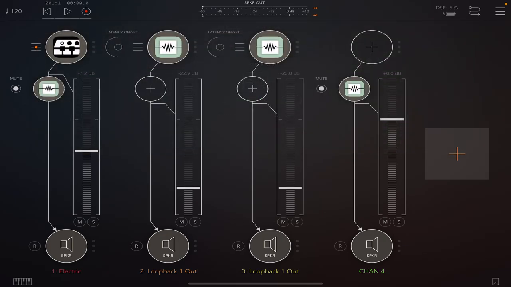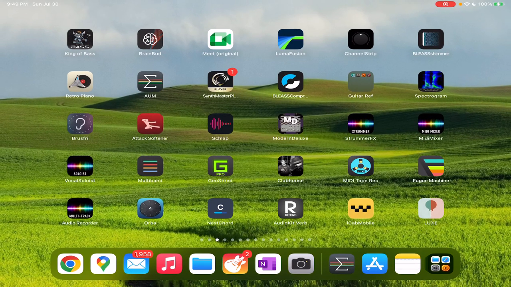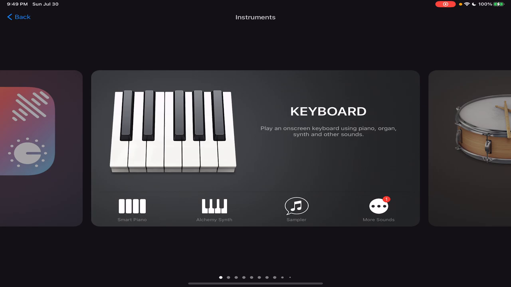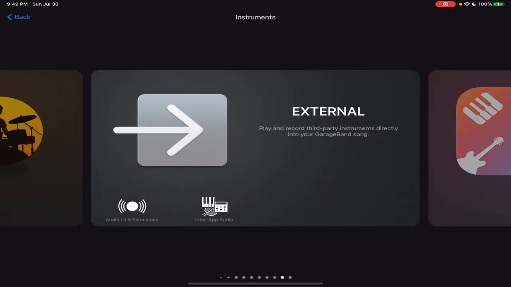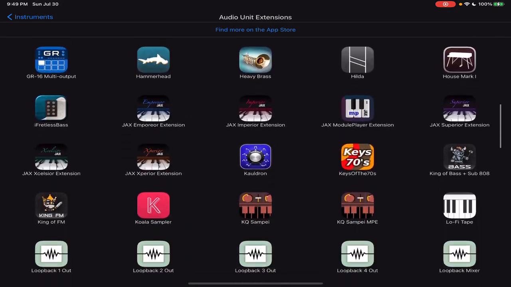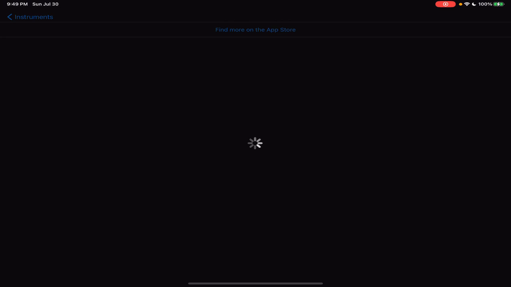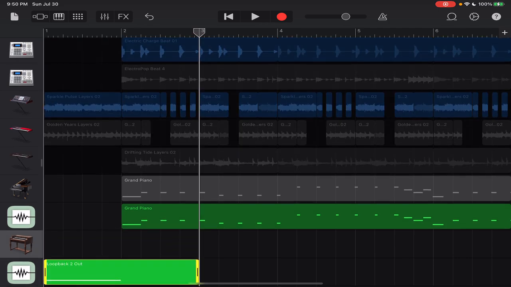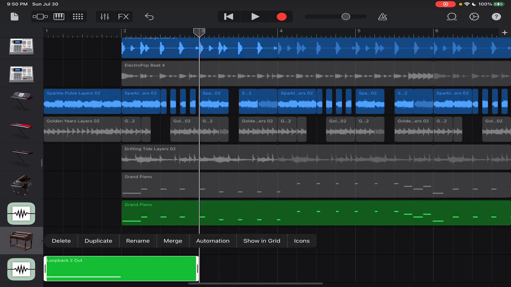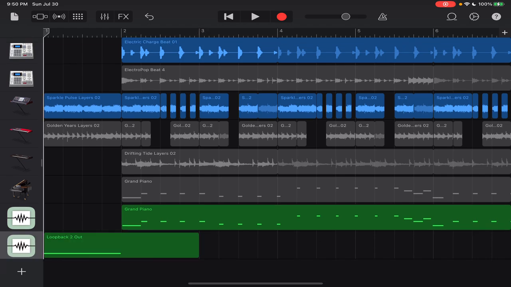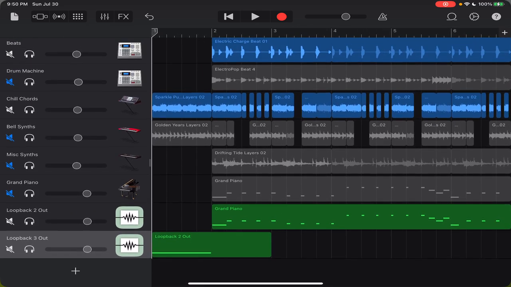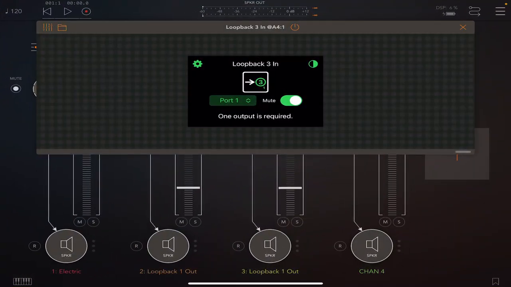And so what I've got to do now over in GarageBand is I'm going to change this. I'm going to add Loopback 3. So I'm going to go to Audio and Extensions. I'm going to do Loopback 3 out right there. Okay. And again, I'm going to take this track. I'm going to slide it down. Now I can get rid of that guy right there. Rewind. Now, what should happen is that Loopback 3, that MIDI should be received over here in AUM on this